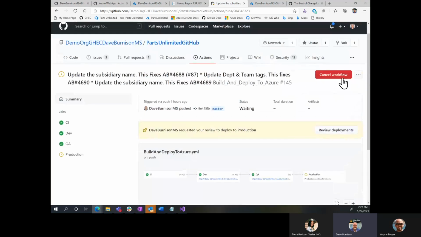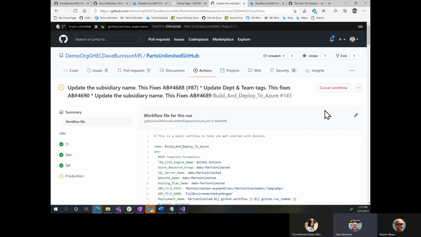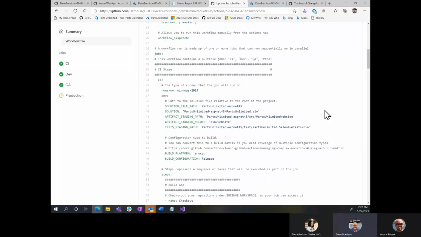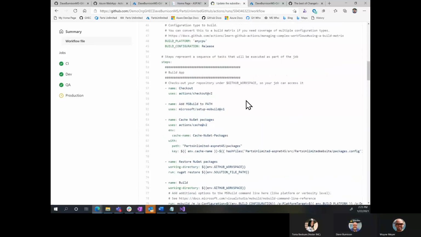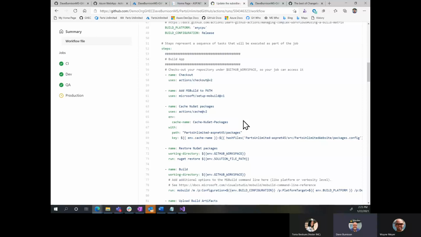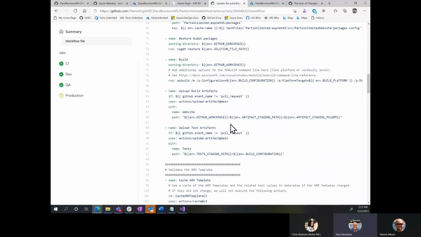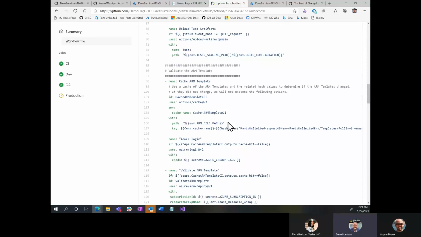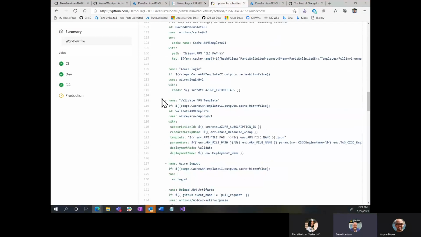But if we go into this workflow file, I want to point out some of the other things that you can do inside of a workflow, because that example I had was very, very simple. So one area I want to focus on, here's building. This is just a .NET framework app, so the build's a little different. But since I'm using ARM templates, Azure Resource Manager, to provision my web app, my database, my application insights, and everything, one of the things I can do inside of here is actually validate my ARM template.